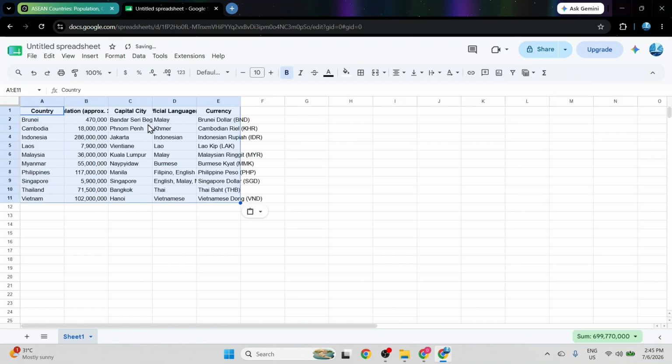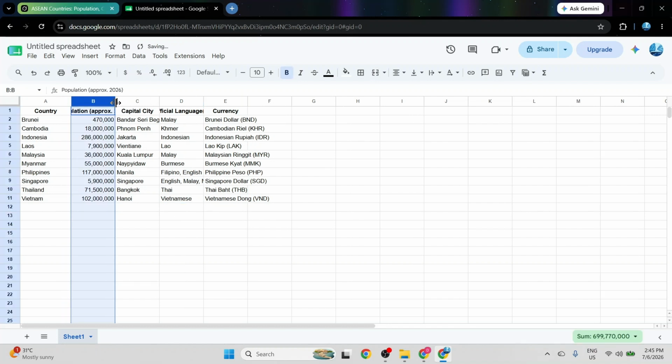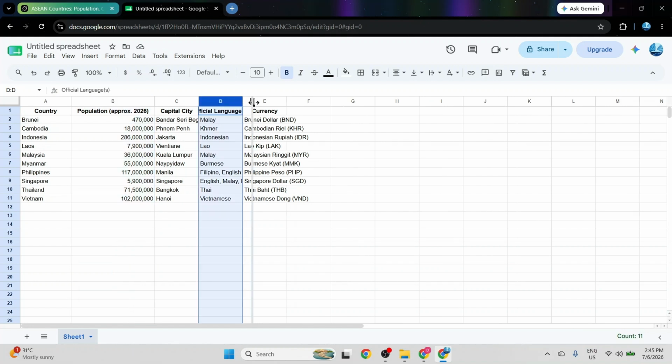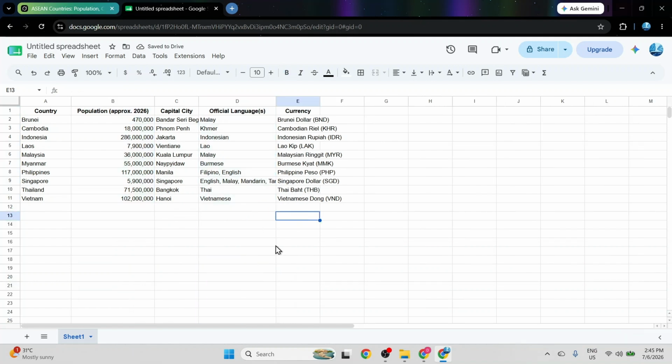The markdown table from Grok beautifully and automatically parses itself into perfectly aligned columns and individual rows without any messy formatting errors. To make the spreadsheet look neat and readable, I adjust the widths of columns B and D by double-clicking the boundaries between the column headers so that all the long text for populations and official languages fits perfectly